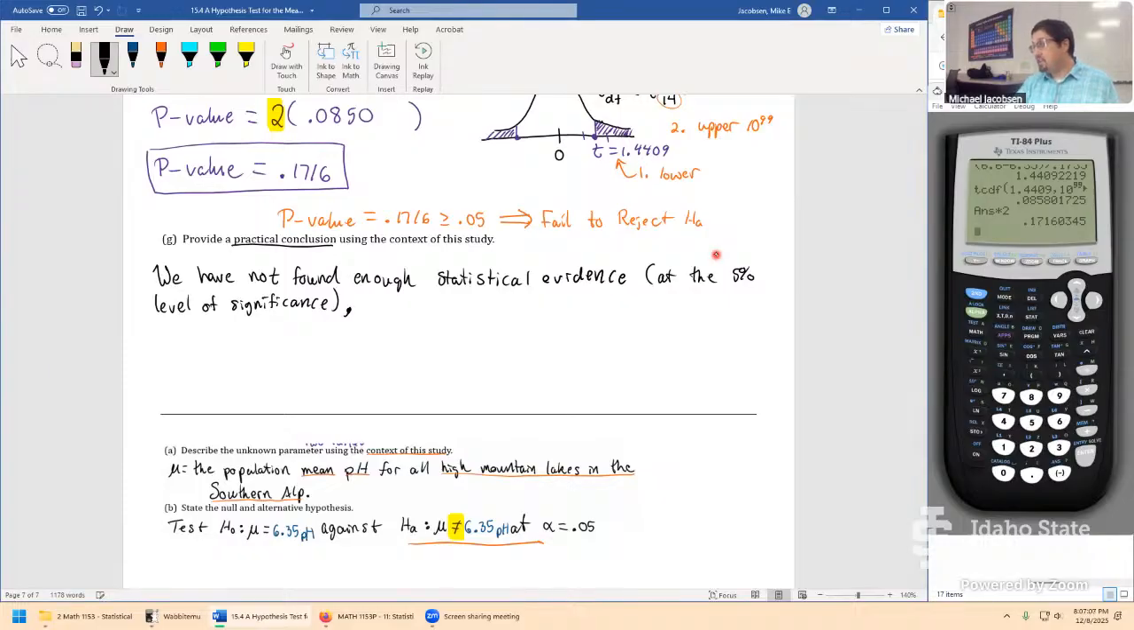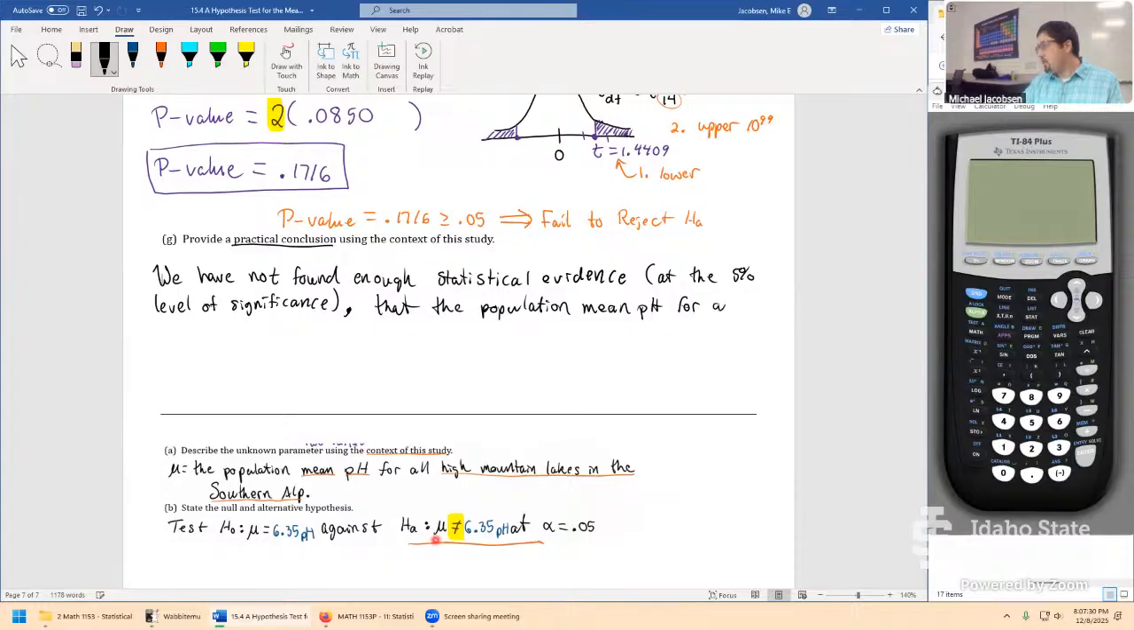But on to the next part. We have not found enough significant statistical evidence at that level that this is true. So we'll just read out verbatim as we see it that the population mean pH for all high mountain lakes in the Southern Alps